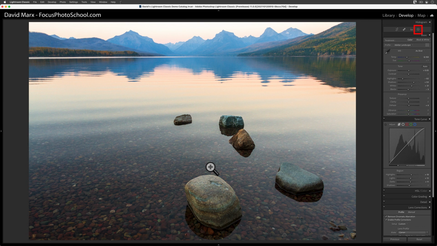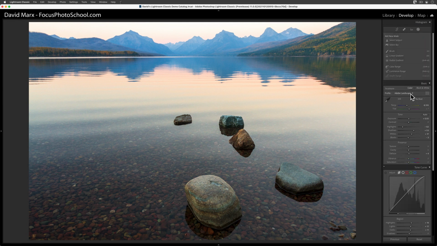To target a change to these rocks only, I need to click here to open up Classic's new masking panel. When I open up this panel, a list of options will appear that includes some old familiar Lightroom tools plus a number of new choices. I promise that I will dig deeper into each of these tools in other videos, but for now, all that you need to know is that all of these options are here to help you precisely define the area that you want to change. It's not the most efficient tool in our arsenal, but I think that the simplest targeting tool for me to use throughout this tutorial is the brush tool, so let's start there.